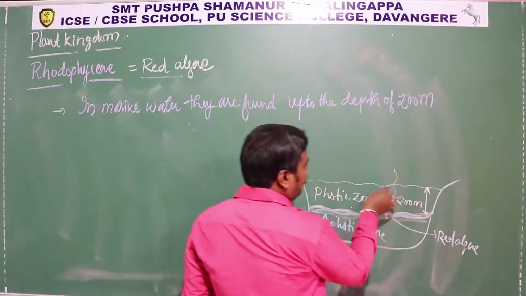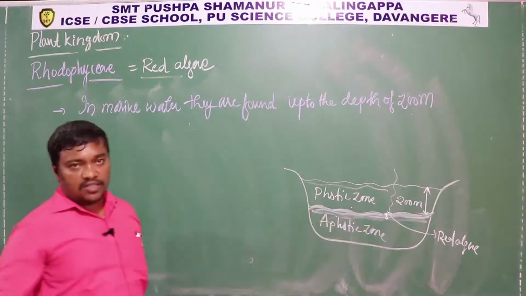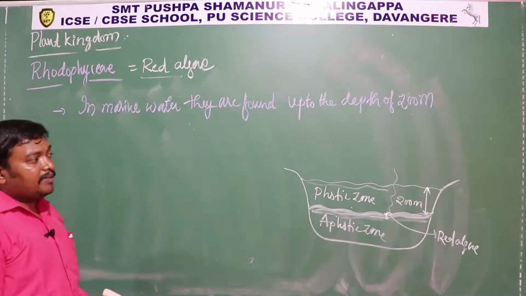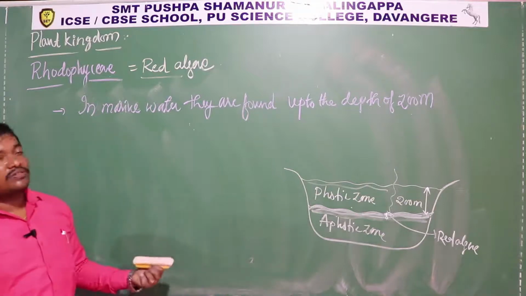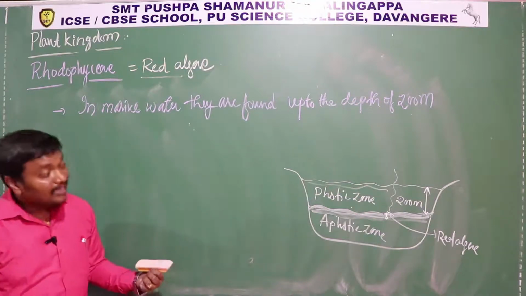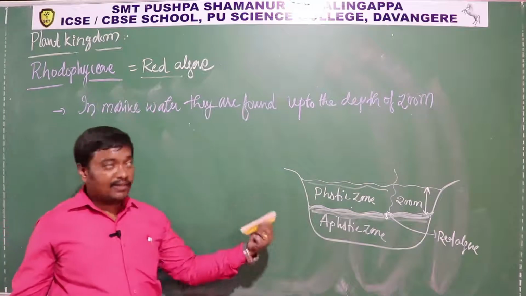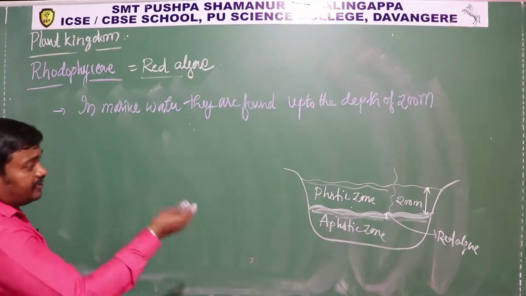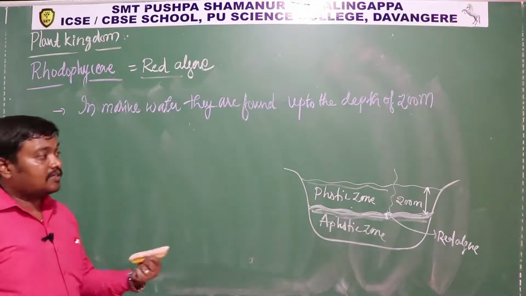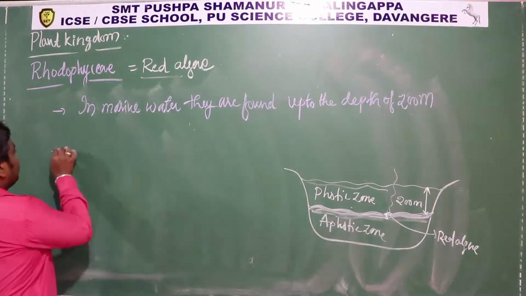Okay, and few forms are found in the photic zone also. Okay, up to 200 meter. After 100 meter you cannot find much of green algae, but you can find this red algae up to 200 meter. Okay, the reason behind this, how they can perform photosynthesis at around 200 meter, is that they have the